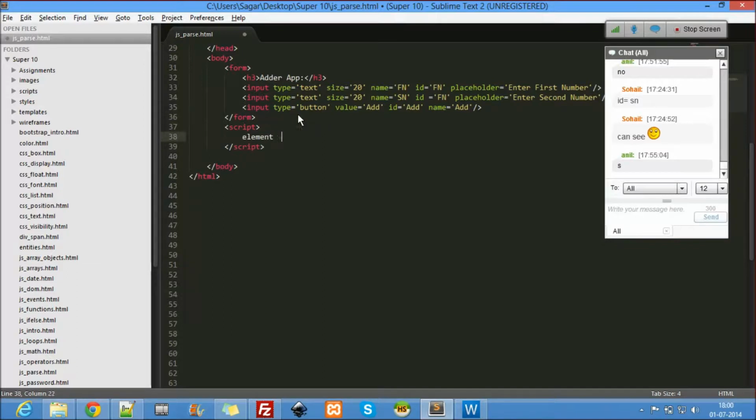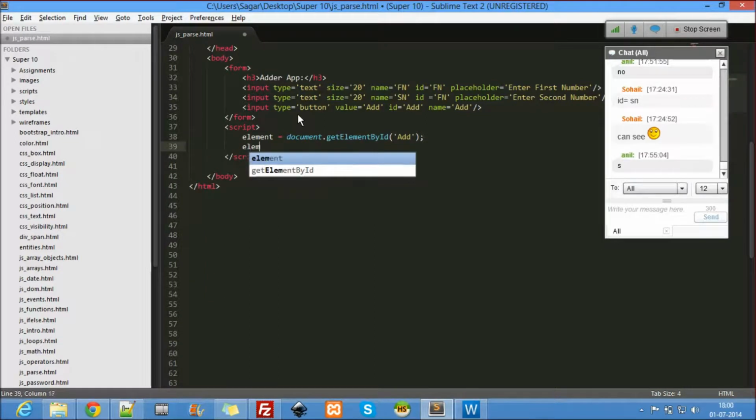So element equal to document dot getElementById. So this is my done.